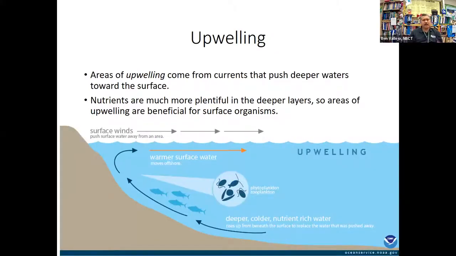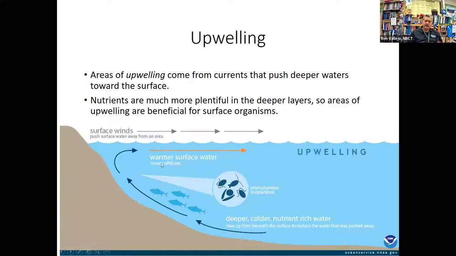An upwelling happens off the coast of Peru. There's really good fishing, and the reason there's really good fishing right here is because of the upwelling of water, and the currents move the deep water up when it hits South America. And so the area to the west of Peru and Ecuador and Chile, all these are really good for fishing